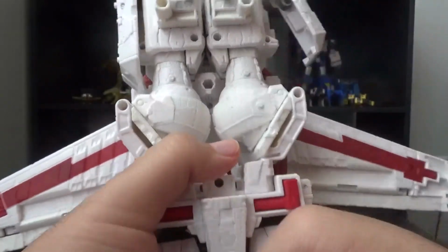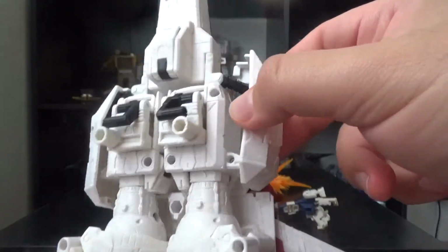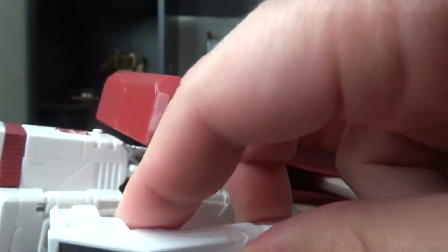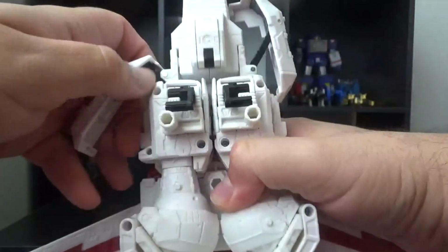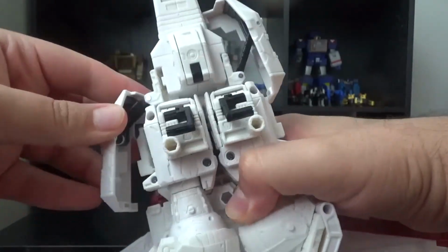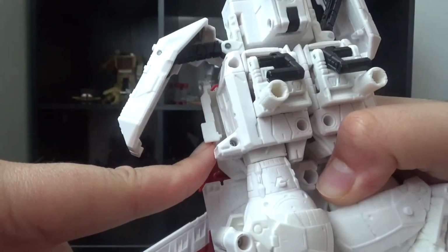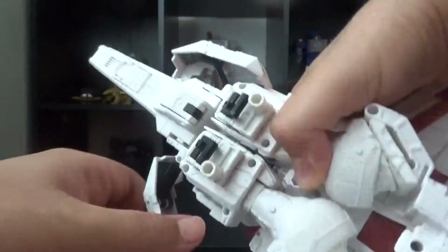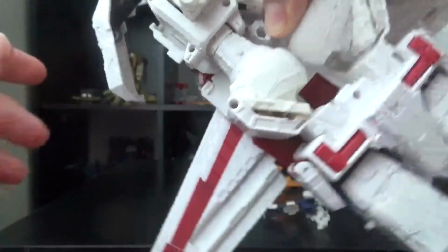Come down here, or up here rather. You would disconnect this part as such. You've got a tab here that would go in kind of back there where my finger's pointing. It connects there. You pull that out. Over here as well. Oh, right here, this tab on the other side as well. This tab slots into this slot in there. So when it's right like this,